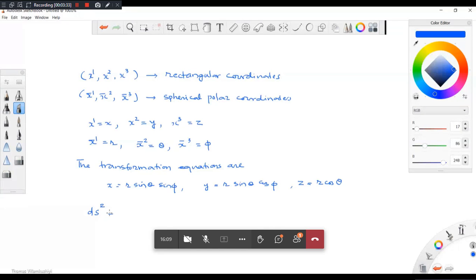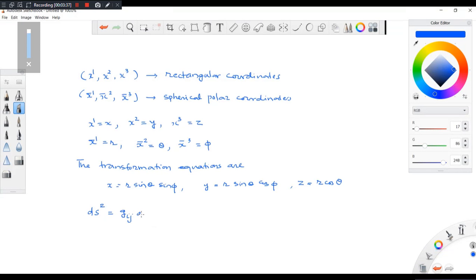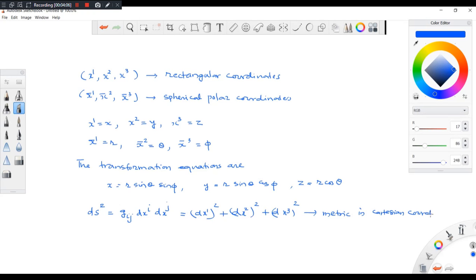ds square is equal to gij dxi dxj. So this is nothing but dx1 square plus dx2 square plus dx3 square. So this is the metric in Cartesian coordinates. And what will be the other metric? So here you can see that